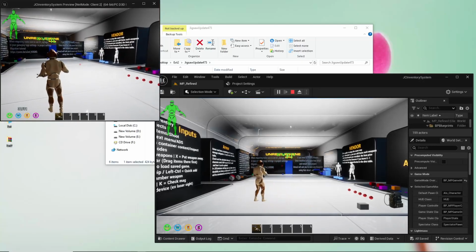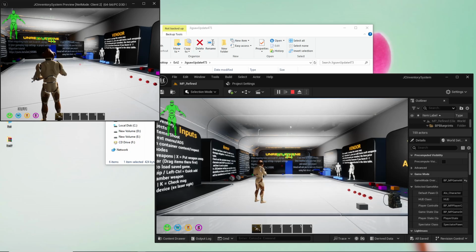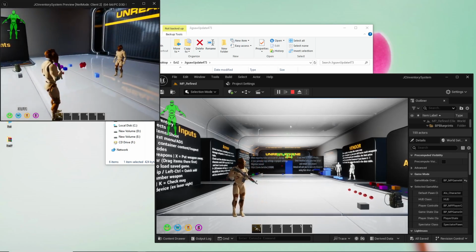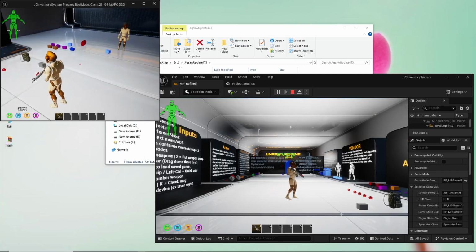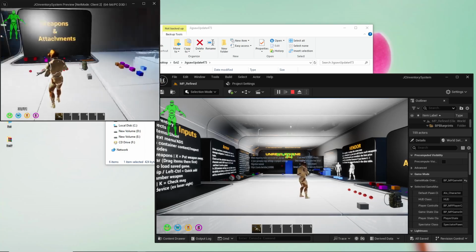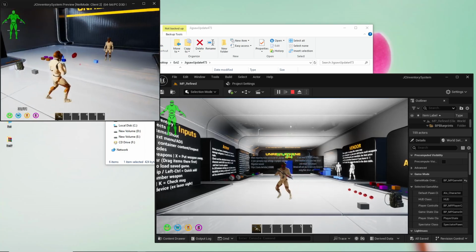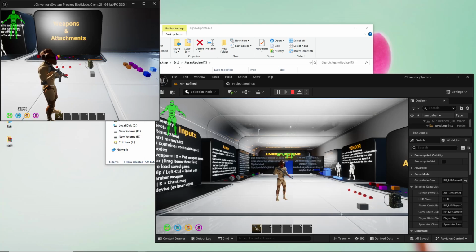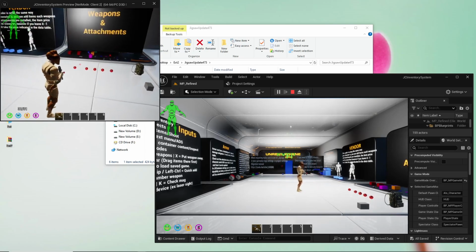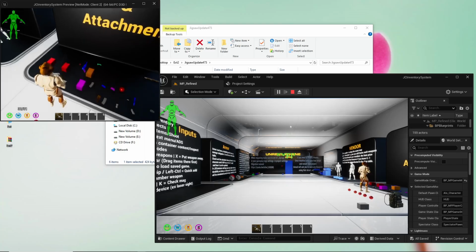One thing that I've learned about this system is that it doesn't depend on animations for everything to work. So with or without the animation, the reloading, the equipping, and the holding will still work. You don't have to go into the components or the character blueprint and disable some code. So for the shotgun, for example,